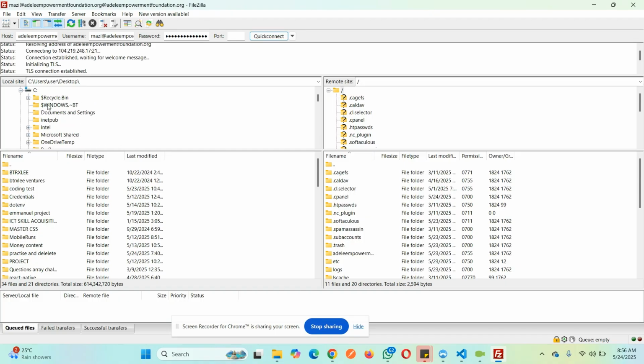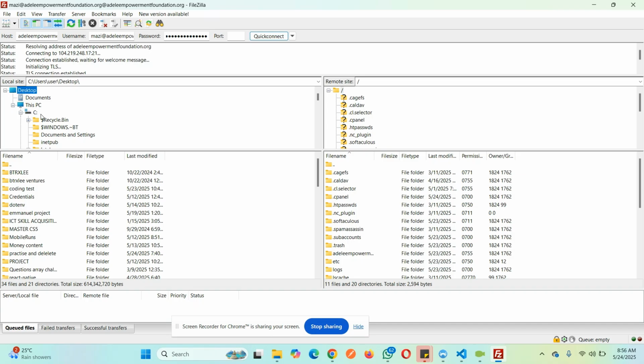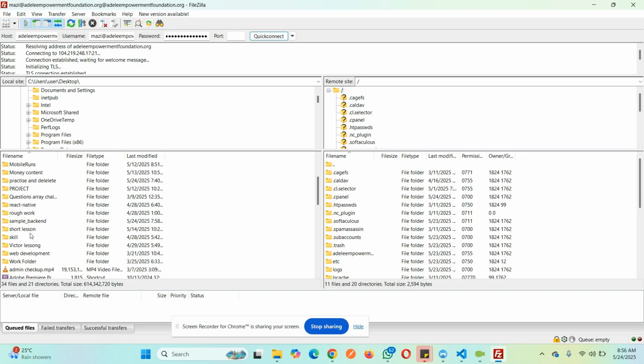So let's see wherever you save your front end files. So just look for it. Let's look for it. Anyway,